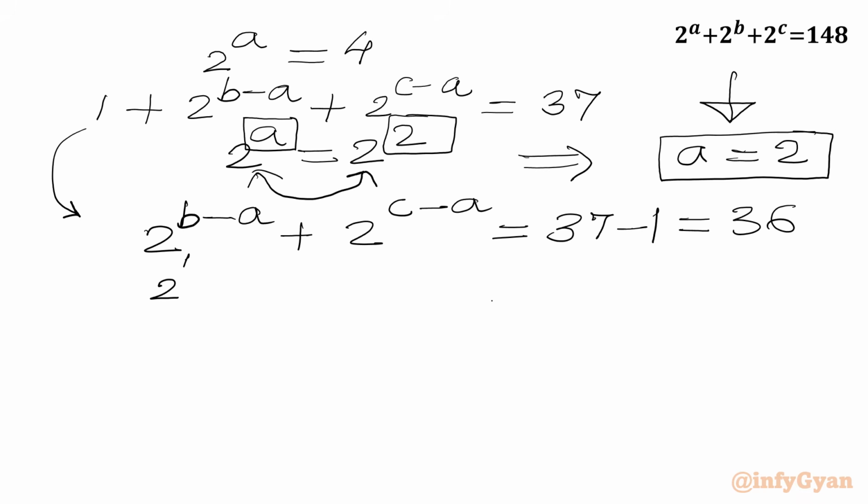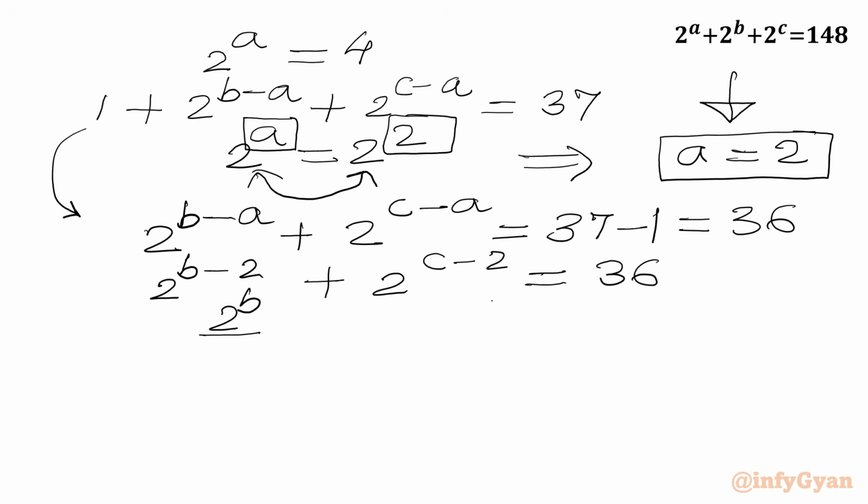So 2 power b minus 2 plus 2 power c minus 2 equal to 36. Using the same law of exponent, we will write 2 power b over 2 square, which is 4, plus 2 power c over 2 square, which is 4,